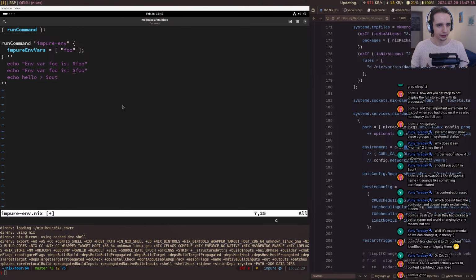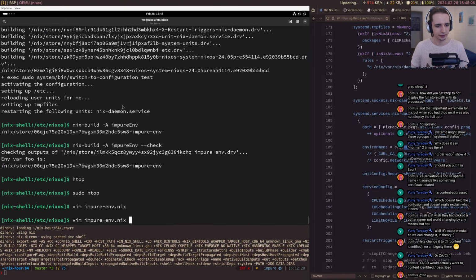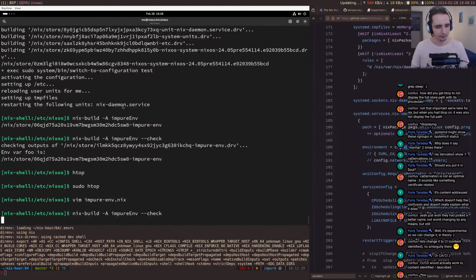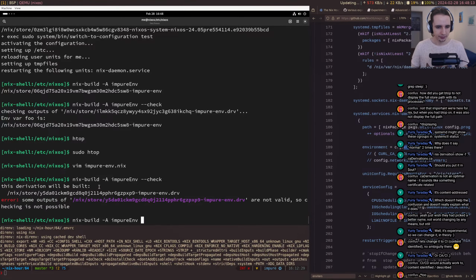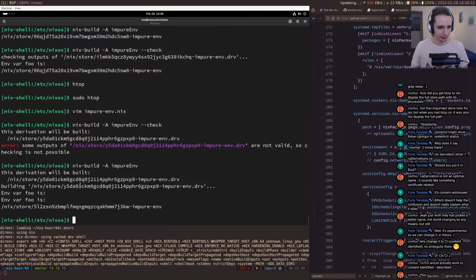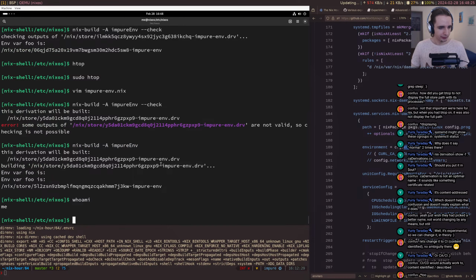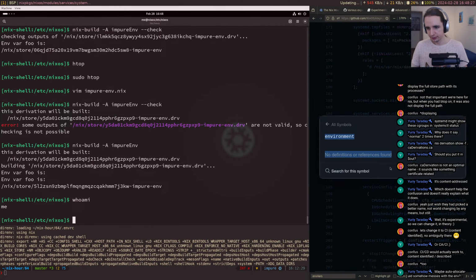Let's print both, I guess. And let's set both in here. Although we only set the lowercase one. Would surprise me if that is actually the thing that we need. Oh, rebuild, okay. Yeah, no, this is definitely not set. Interesting. I'm not root. So,